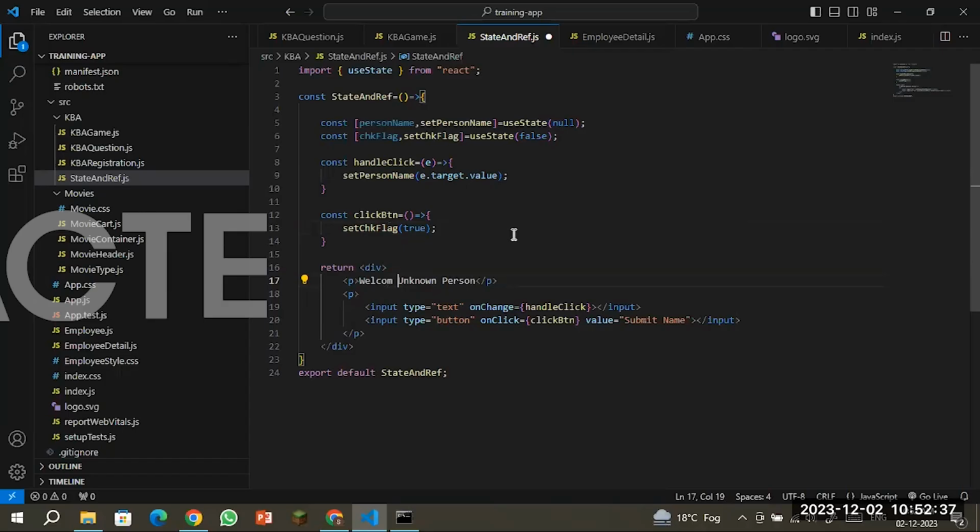and I am putting here a condition. Okay, so what condition is that? This is a checkFlag. If it's true, then I need to print the value of my person name. Otherwise, the value should be unknown person. Okay,